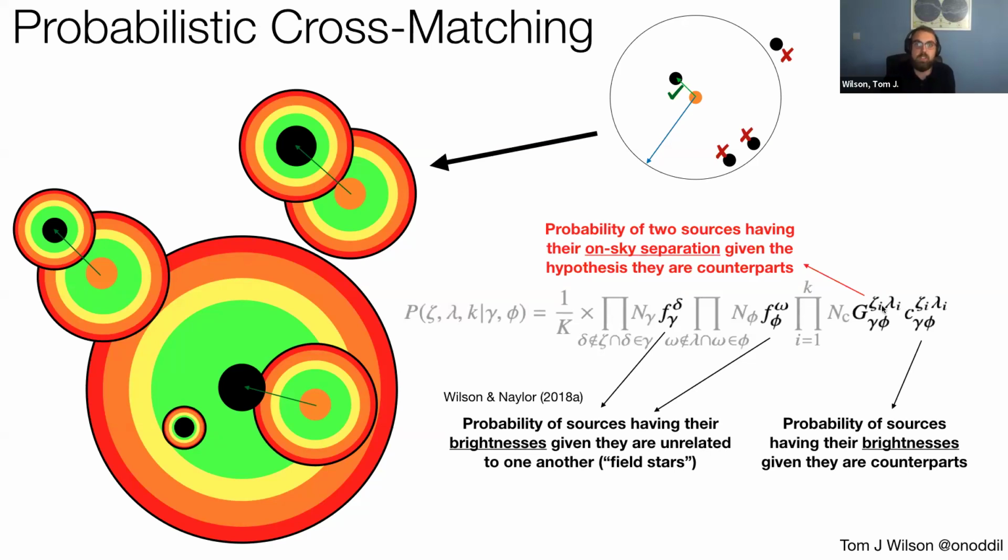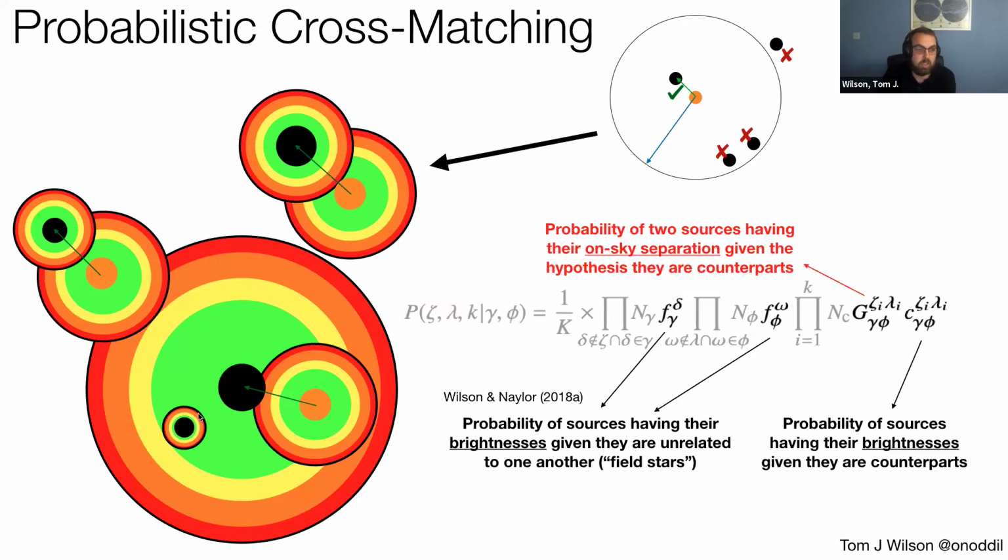The first is we don't have to consider sources in isolation anymore. We can now add the extra sources in our orange circle catalog, and then we can start to resolve all of these things simultaneously, building positive reinforcement from these 2 objects match and these 2 objects match over here. We can use the brightnesses of our objects to figure out what sources are matched to each other, as well as just using their positions, and we can consider the precision with which we think we know where these objects